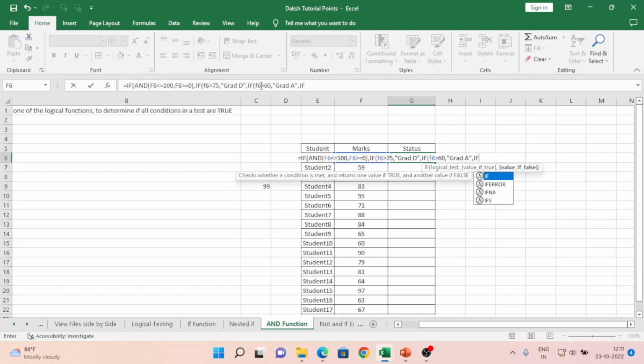Okay, now if the value is false, then again an if statement, if f6 is greater than 40, then what value? Grade P, pass. Okay, if the value is not, then it should put F. Okay, now